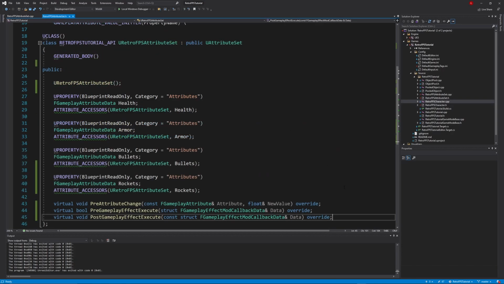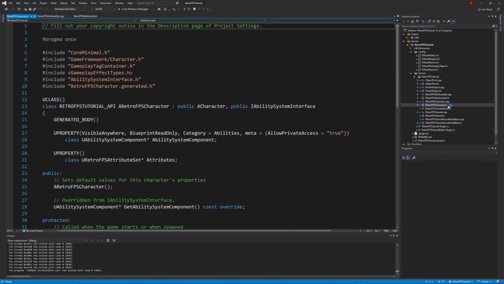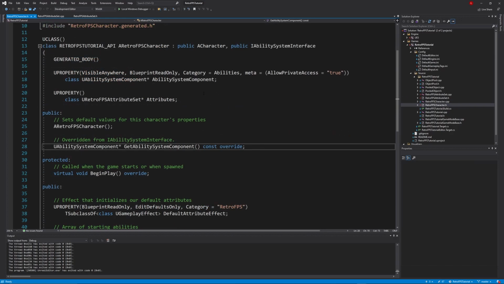The next thing we're going to do before we edit the CPP file is open the Retro FPS character header file, because we want to add a few variables here in the public section before we move on to figuring out how the ammo will be calculated.